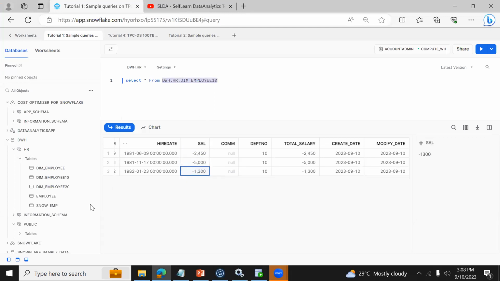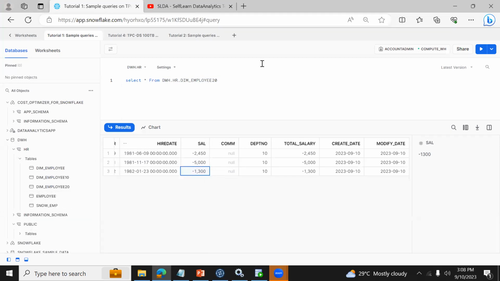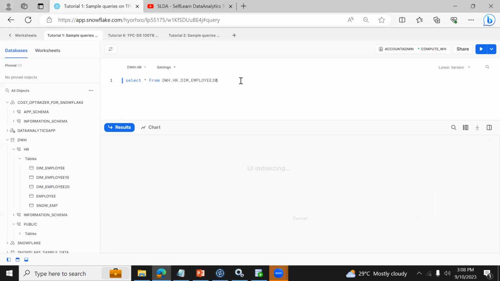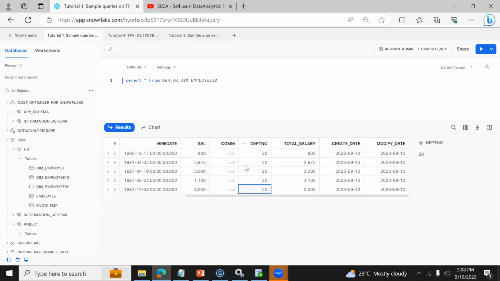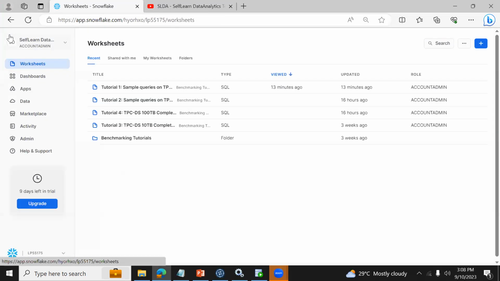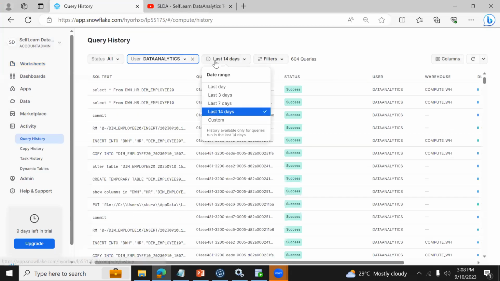And the one more table is, just place the cursor here, place the name in the editor. This is called the editor window where we can write the queries. 5 records are available, which is department number 20. And we can go to the activity tab and we can find query history, and there just select the last